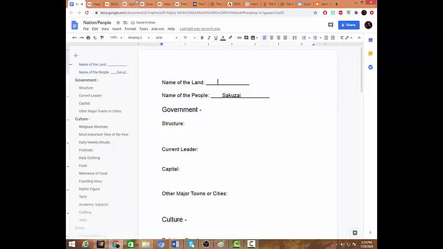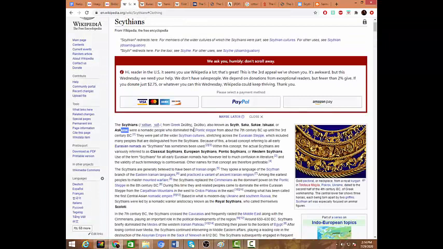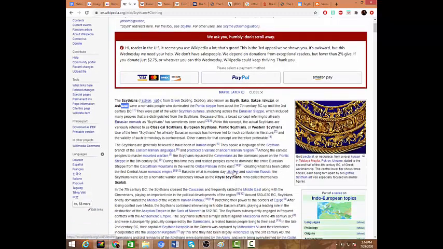Then, oh, that looks terrible. We need a name for the place. So we have the Pontic Steppe. So we know that it is the Eurasian steppe. So I think that the